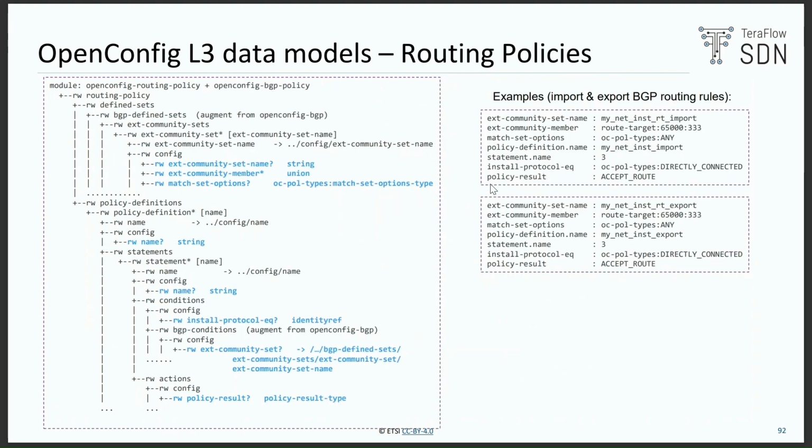Okay. Then, in case we need to manage routing policies, that's the case, for instance, when we need to use BGP, we can use the routing policy model plus the BGP policy, and here I'm combining both of them. And I haven't said that, but in blue are the specific fields that we are